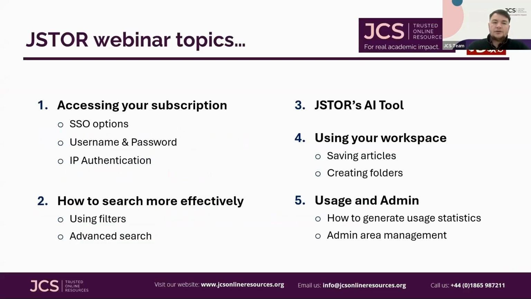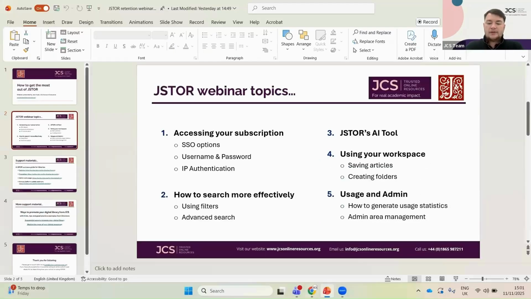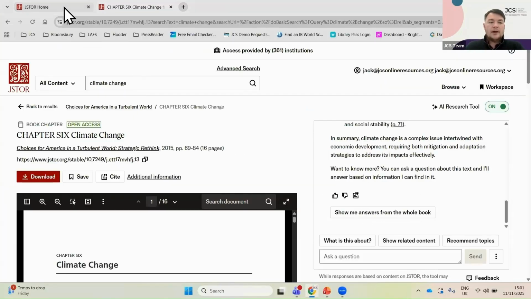So, the agenda. We're going to very briefly touch upon access options. Hopefully, everybody has been able to log into their subscription. We'll touch on those very briefly, and then we will get into how to search more effectively, moving on to JSTOR's new AI tool, using your personal workspace, and finally finish off with usage and the admin area. So with all that being said, I will now share my screen with everybody and we will head to the